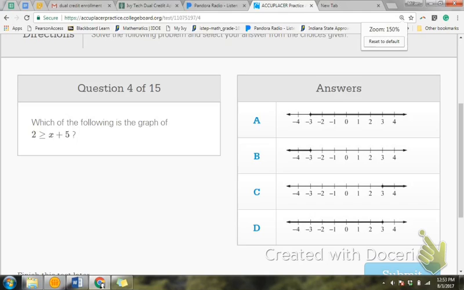Let me minus it out a little. Which of the following is the graph of 2 greater than or equal to x plus 5? So on your board, you should be writing 2 greater than or equal to x plus 5, and you should be solving it out. Not worried about graphing yet. You should just be writing the problem down on your board, solving it out for x. You solve for x. So you're moving things off of x. Okay, once you have your answer,